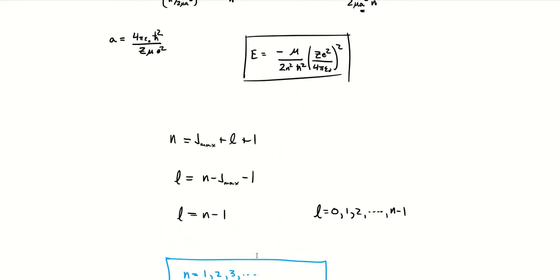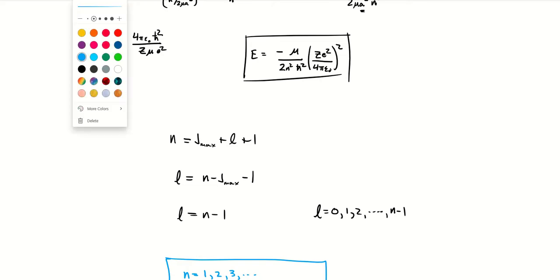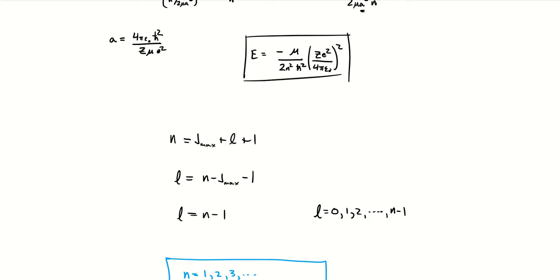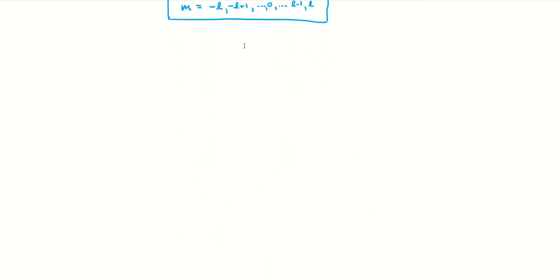So a few more things about this energy up here. We can write that energy a lot of ways, and essentially, we've got E sub n is equal to negative 1 over 2n squared times Z e squared over 4 pi epsilon naught all squared times mu over h bar squared, where n is our principal quantum number, which can be 1, 2, 3, essentially any positive integer up to infinity.